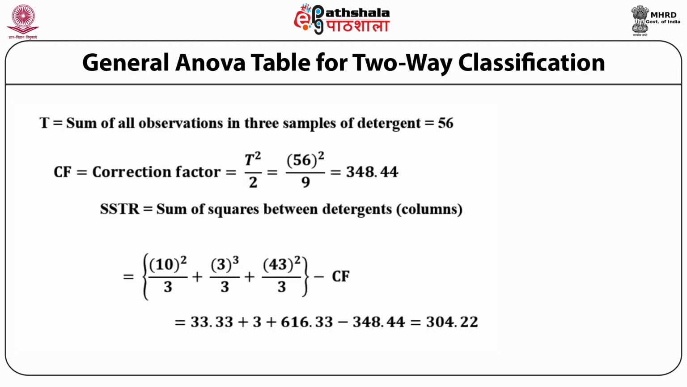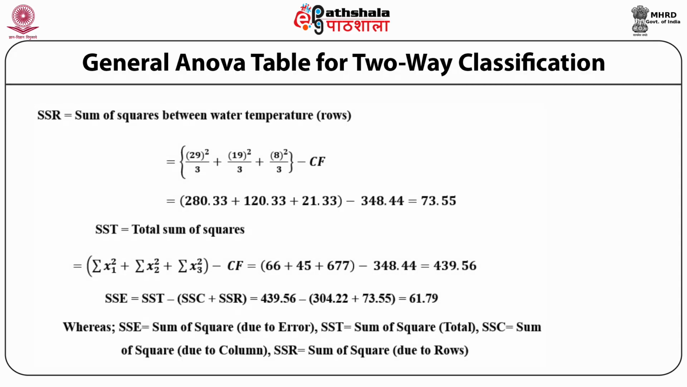and the 43 square upon 3. We sum up and then minus the correction factor. So it comes out to be 304.22. Second, we find out the sum of square between water temperatures. So it is 29 square upon 3 plus 19 square upon 3 plus 8 square upon 3, sum of that and minus the correction factor, which is 348.44, and its value comes out to be